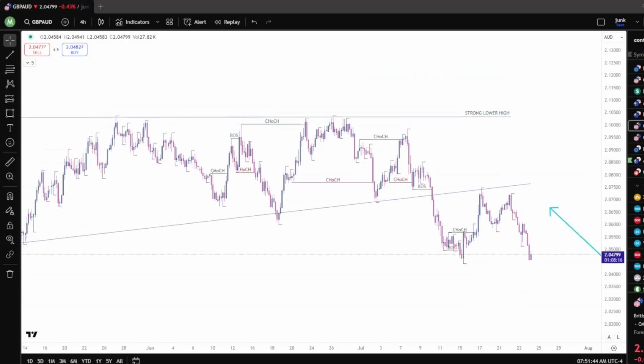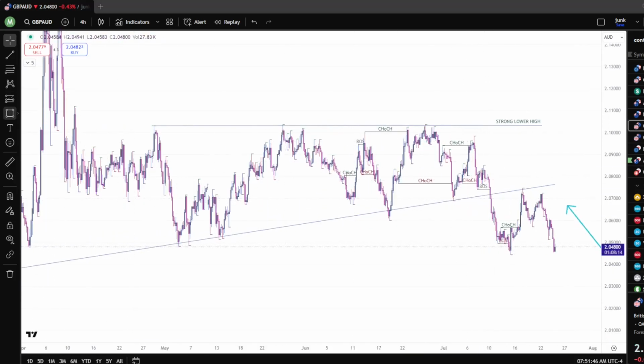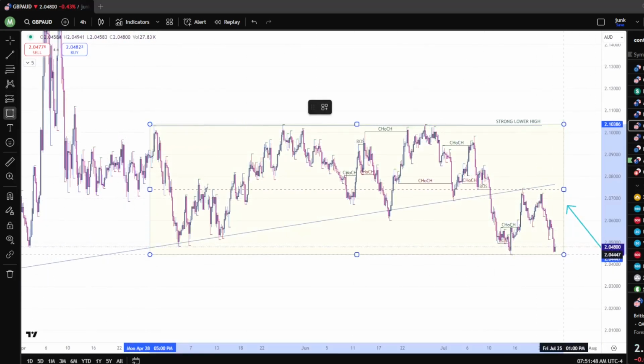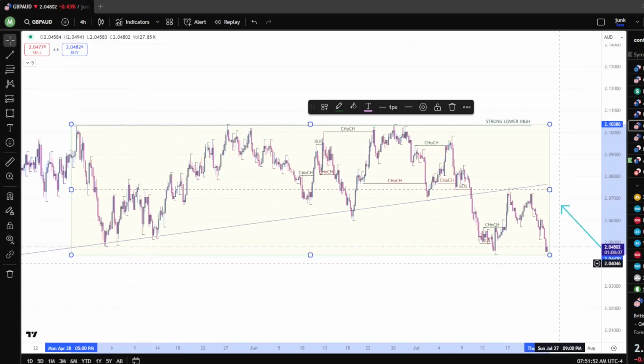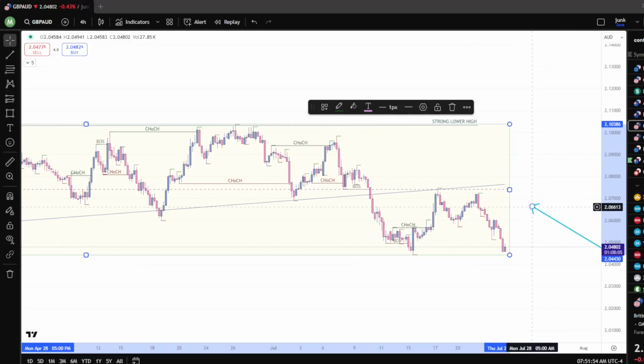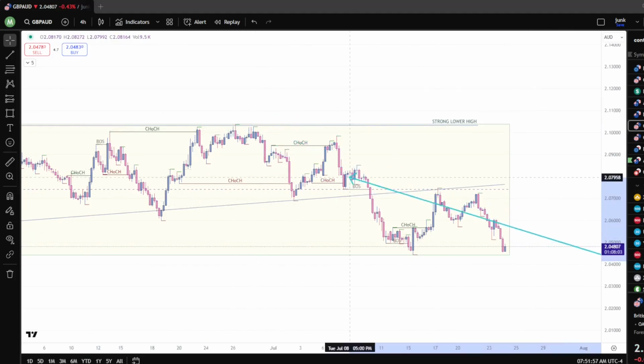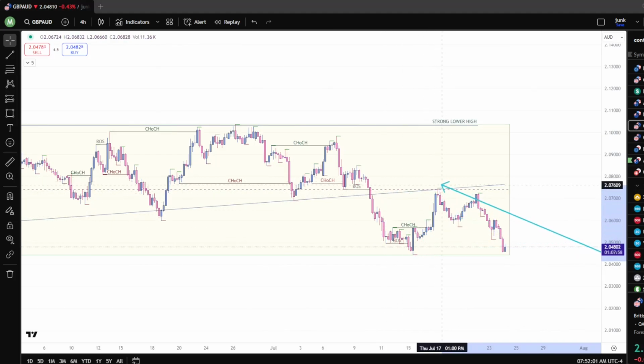GBP AUD. And let's go map out the current range. I'm going to keep this as this overall range. So I was saying yesterday, of course, we've been saying this was always still bearish swing structure, just waiting after this consolidated, broke past this trend line, came back up into this premium, hit this trend line, sellers step back in. We're waiting to see what would happen at these lows, which I think I said yesterday